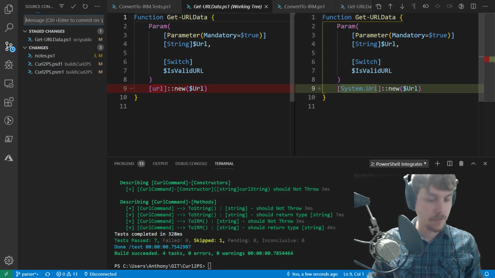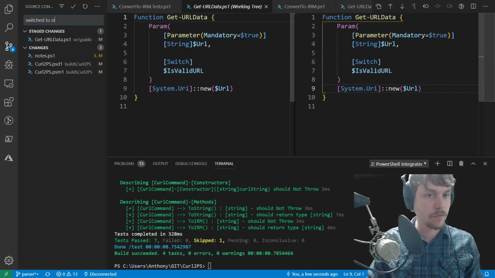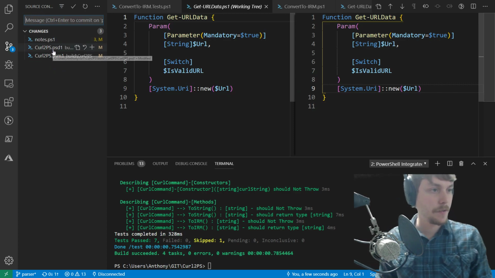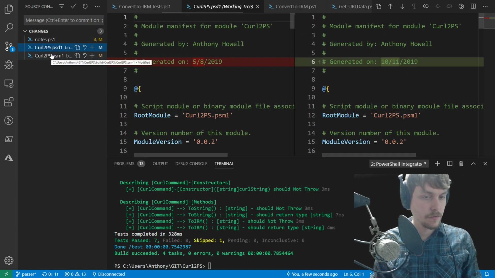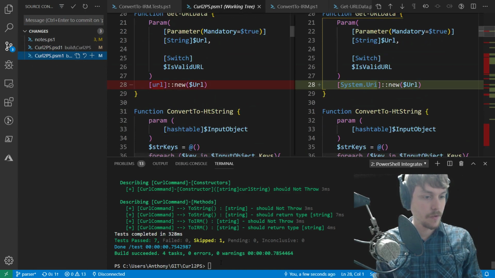Oh, switch to system.uri. Okay, so let's see. That's the build. Okay, so the next thing is to do some testing and see if we can get it to actually build and publish. So I believe